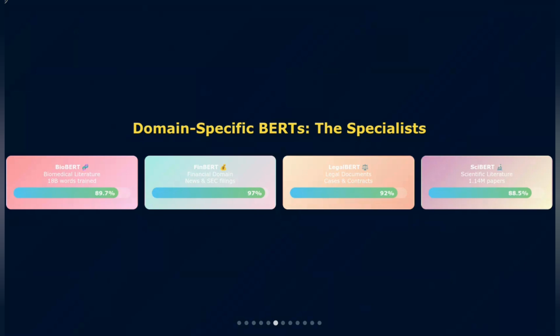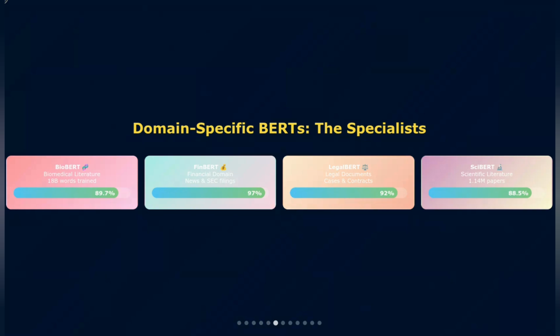Domain-specific BERTs represent a crucial insight. Sometimes specialized knowledge trumps general intelligence. Let me walk you through the major specialists. BioBERT revolutionized biomedical NLP by continuing BERT pre-training on PubMed abstracts and PMC full-text articles, over 18 billion words of biomedical literature. This domain adaptation helps BioBERT understand complex medical terminology, drug interactions, protein names, and disease relations that confuse